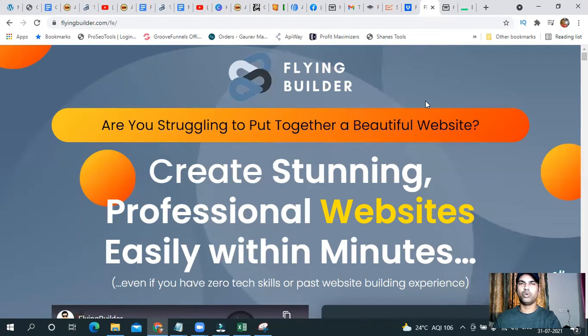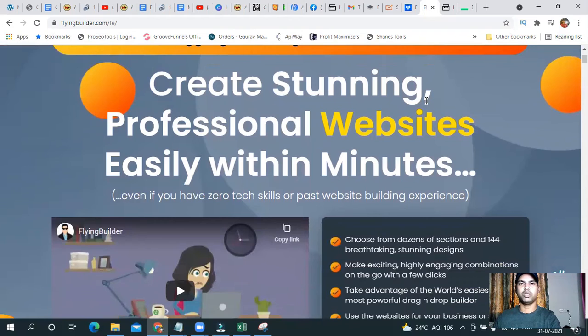You don't need to have any kind of coding knowledge or any technical knowledge by which you need to build a website. But this is a very easy software or product, I would say, and I'll give you an in-depth review of this, like whether this is a fit for you or not, and how this is going to help you